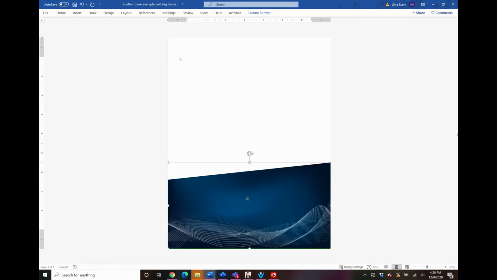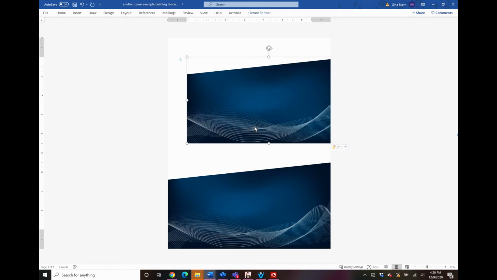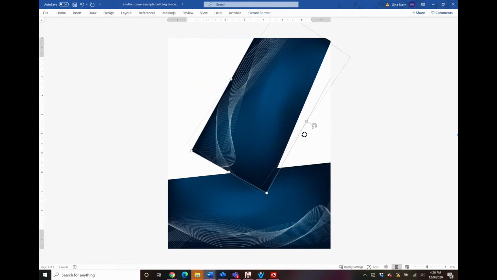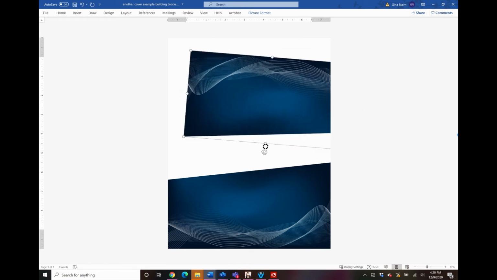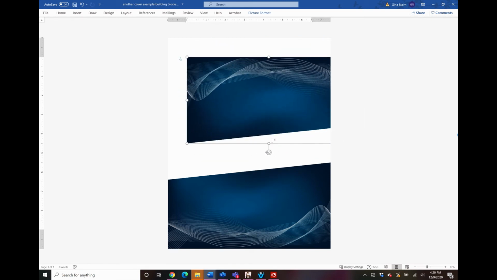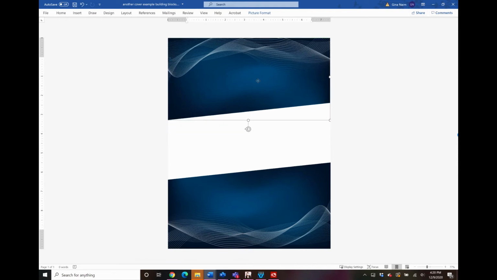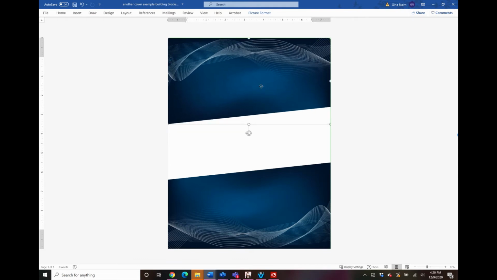So then I moved that to the bottom, and then I simply copy, paste, and rotate this picture around to give me a top and bottom.